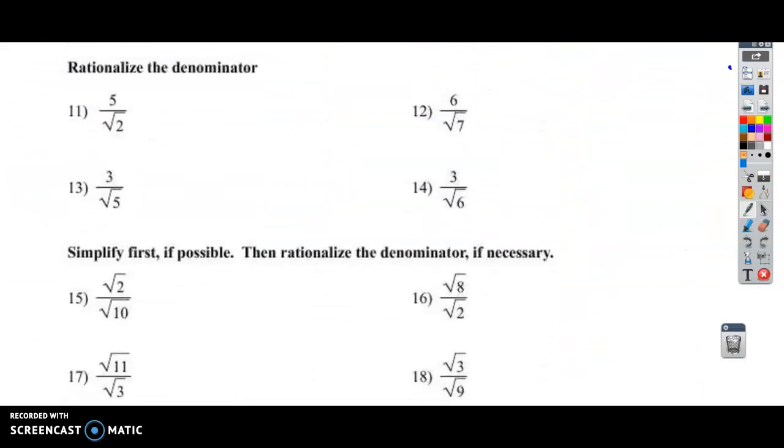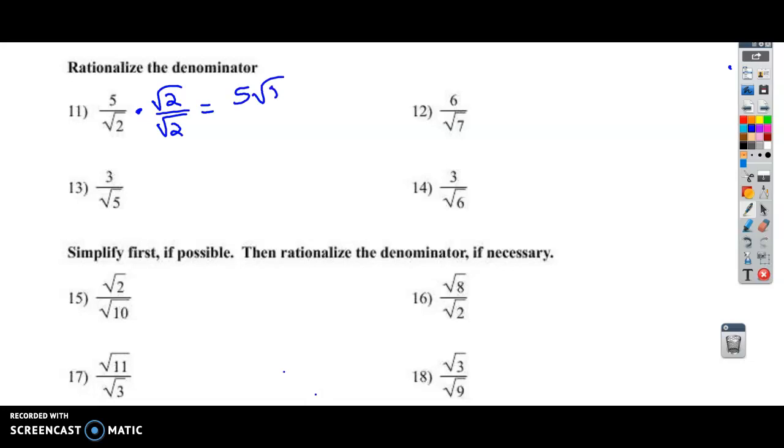Moving on, rationalize the denominator. A lot of times you have to manipulate a function or an expression, and one thing that comes in useful a lot is when you rationalize the denominator. So a lot of times you'll have a radical in the denominator and you can't end up with a radical in the denominator. So you're like, what am I going to do here? Well, we can multiply anything by 1. So I'm going to multiply by a special 1. I'm going to multiply by root 2 over root 2